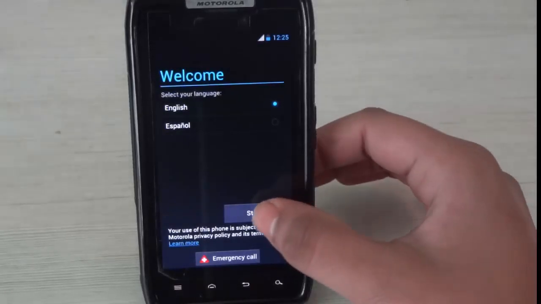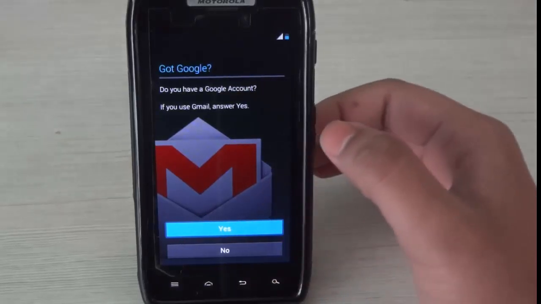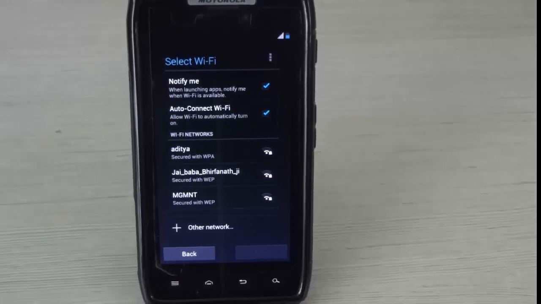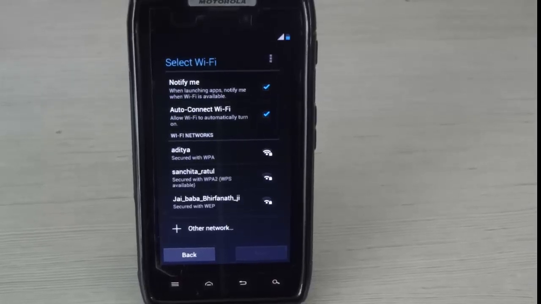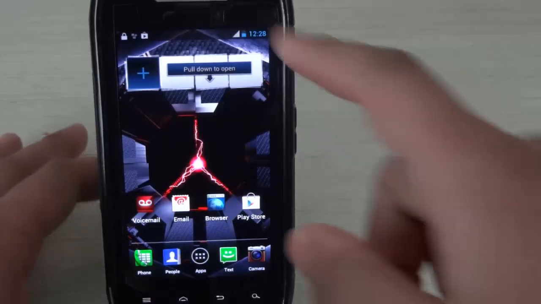And now we have Jelly Bean installed in this device. So I'll just set up my device and then show you guys the Jelly Bean. And now we have a working Jelly Bean installed on the Razr.